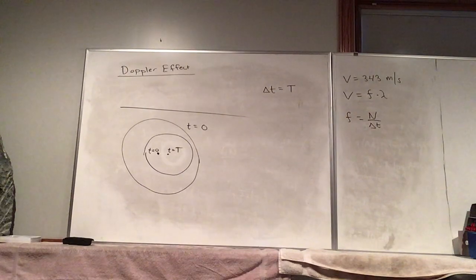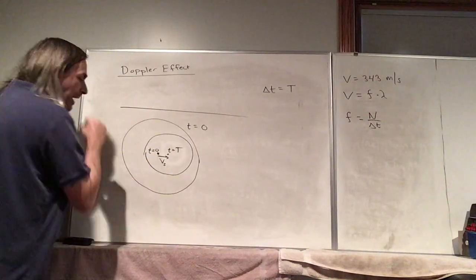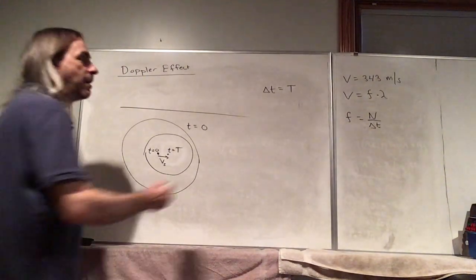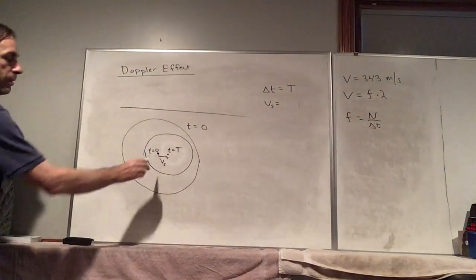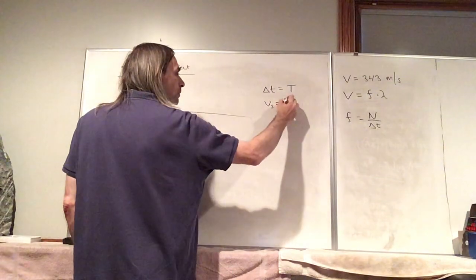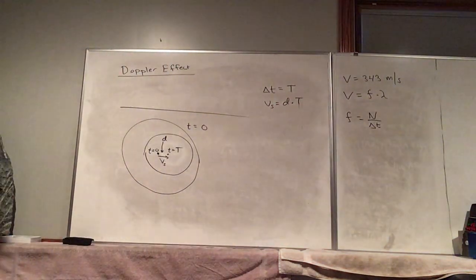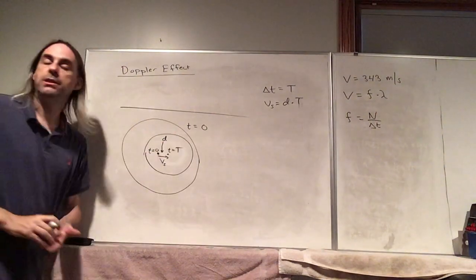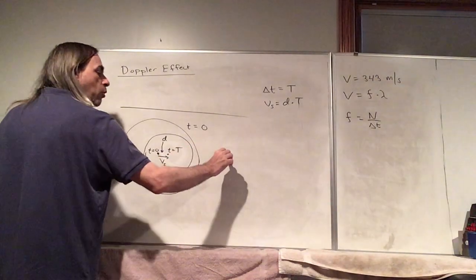This would be an object that's moving fairly quickly. And we'll call the speed Vs, where the speed of the source would be this distance traveled, let's call this distance d, divided by the period. So that's over that time interval, but again, we're looking at the creation of two wavefronts, so that time interval is 1 period. And so if you're the observer over here,